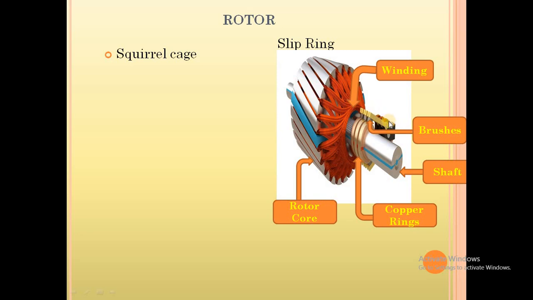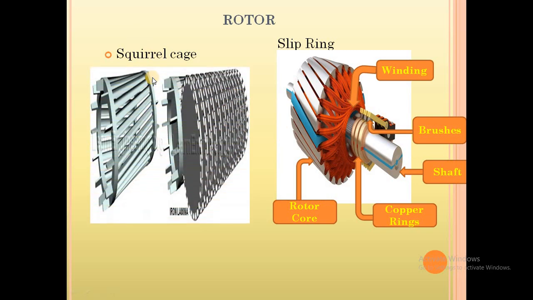So this is one advantage of the slip ring induction motor. We can insert resistance in the rotor circuit as per our requirement of speed and torque. This is one additional advantage of the slip ring induction motor. So this is about the slip ring induction motor; though the rotor is slip ring type, its stator is a normal stator like we have seen previously. Now we'll see the squirrel cage.